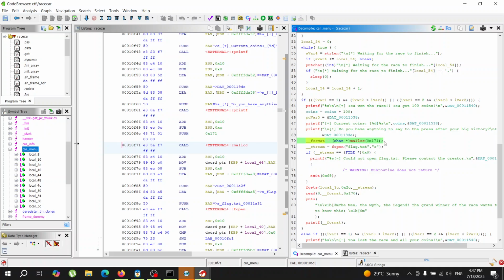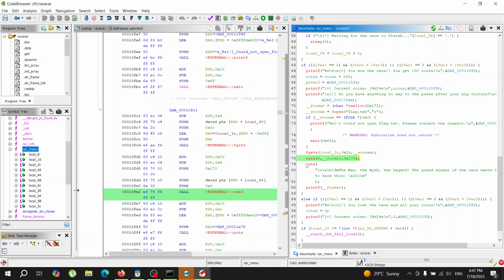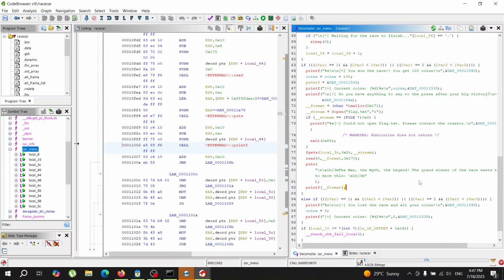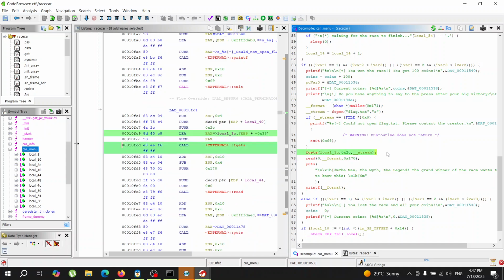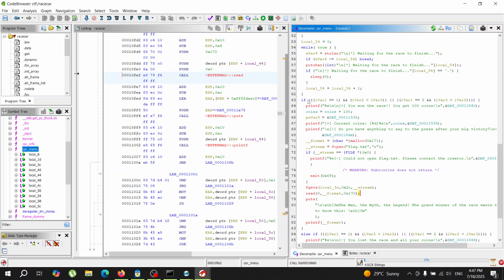a pointer to the file is declared, then the file is opened, read right here, and then it's not really printed. Another input from us is obtained, and that is printed, but not our flag. However, the flag exists on the stack because it's read right here. So we'll see how we get it from the stack, but first we should see how we could get here